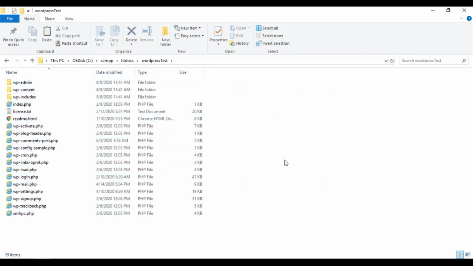Okay, so all the files are copied here under the htdocs folder, and this is the WordPress application name.